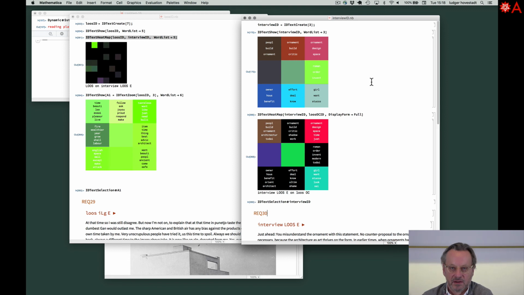So let's go for a next step in the next tutorial, how to go into a more abstract setup of a text